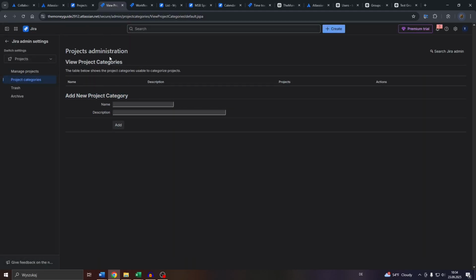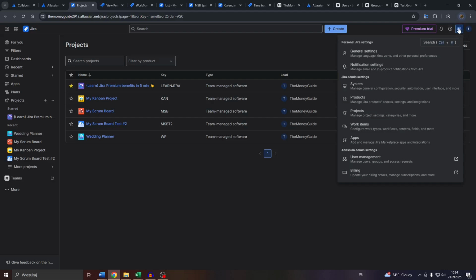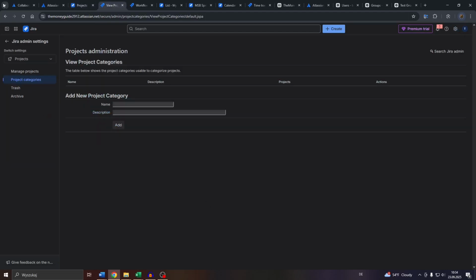Alright guys, so to access this feature here, let me return to the overview of my Jira projects inside the Jira site. You will need to access your settings in the top right here. After that, click into projects. And inside your project settings, guys, make sure that you have selected projects. For example, if you haven't done that yet, here from the drop-down menu, head over to project categories, and here